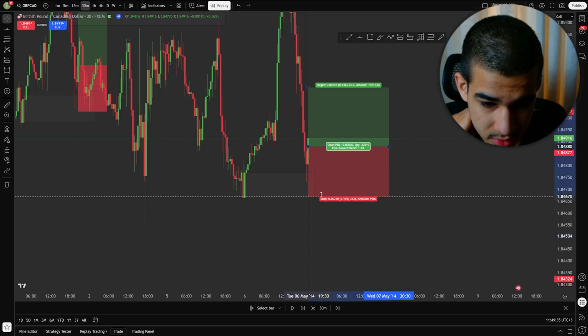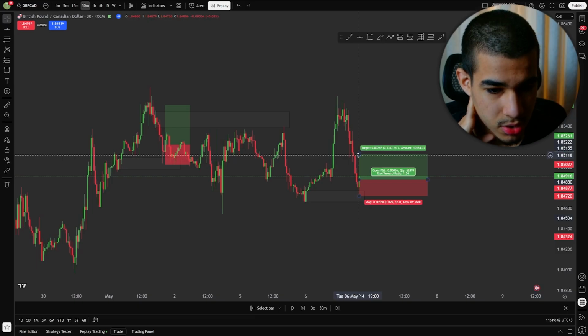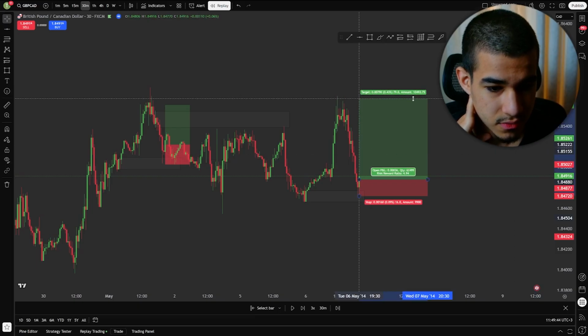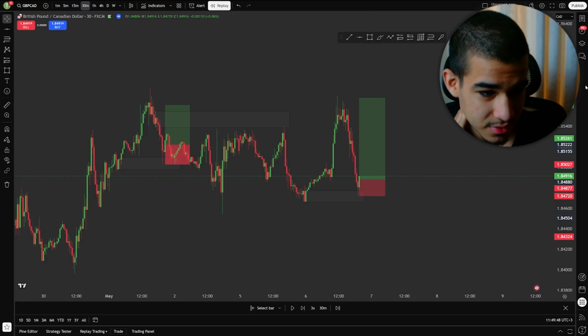A break of candle entry here as well, and a stop loss of 16 pips, just like that. Yeah, profit target just at the high here for 1 to 5. Just a simple one like that. Now, I'd never